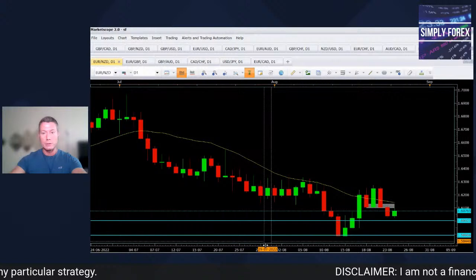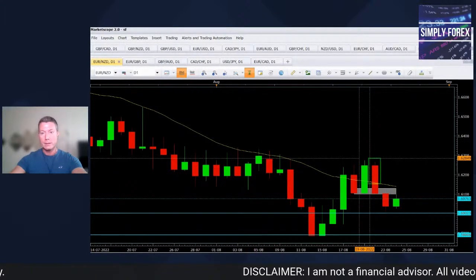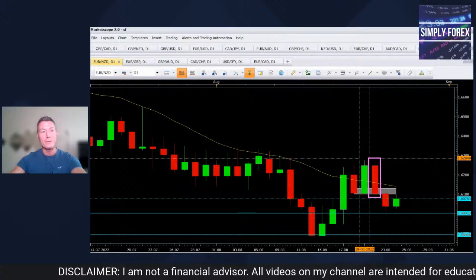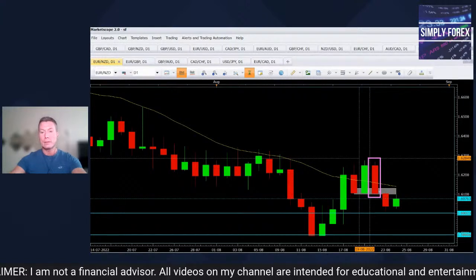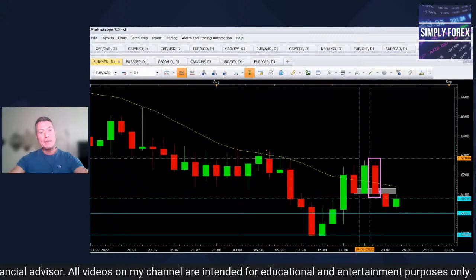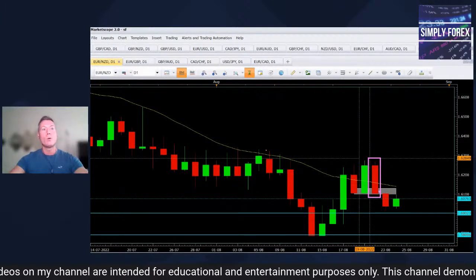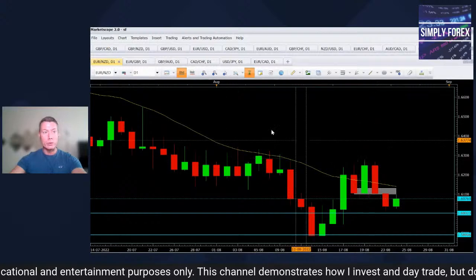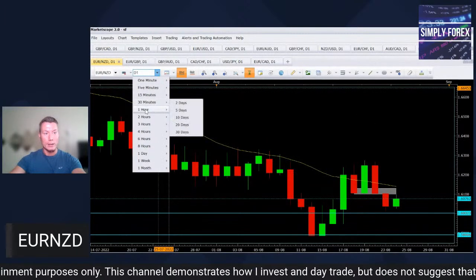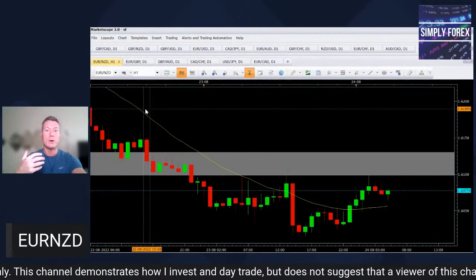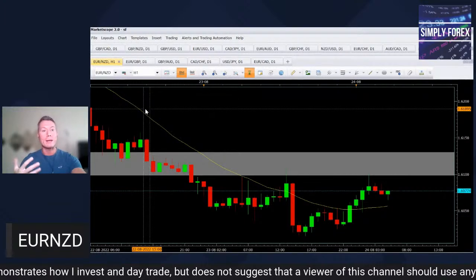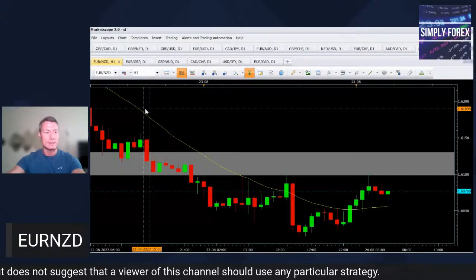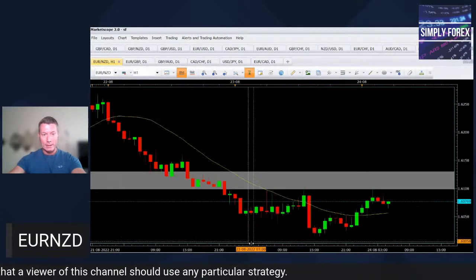Let me zoom in so you can see this daily candle. This candle here was our reason to start shorting, and the fact it was in a downtrend. On the day chart, it's always our why: why are we longing, why are we shorting? Then we drop down to the H1 chart. This gives us our execution, what criteria need to be met before we can enter a trade. So let's take a look.